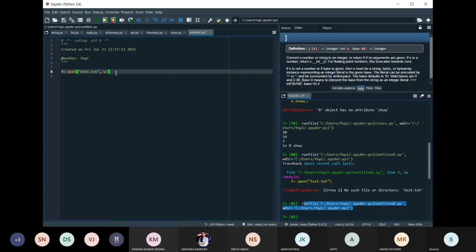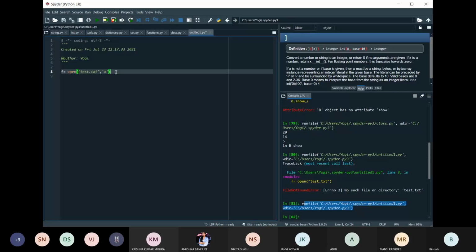Remember one thing: R mode means we are opening a file that already exists. If the file does not exist, it will give you an error. But if I'm opening the file with W mode, then it will open the file if it exists. Otherwise, if my file doesn't exist, it is going to create the file in that mode, and I can write into that particular file.